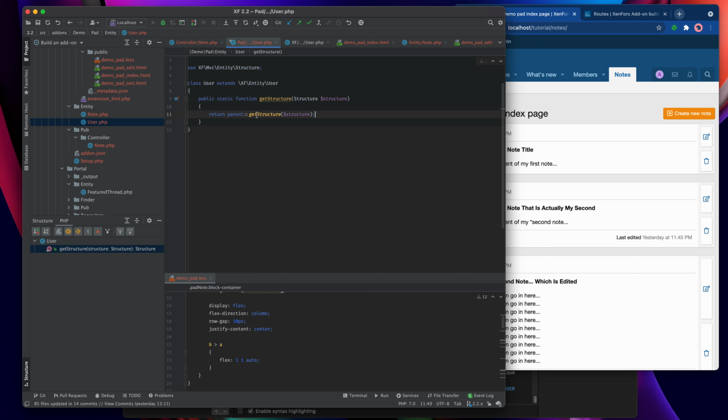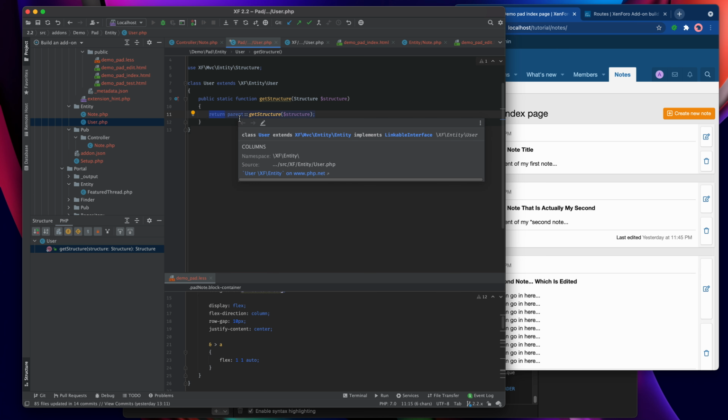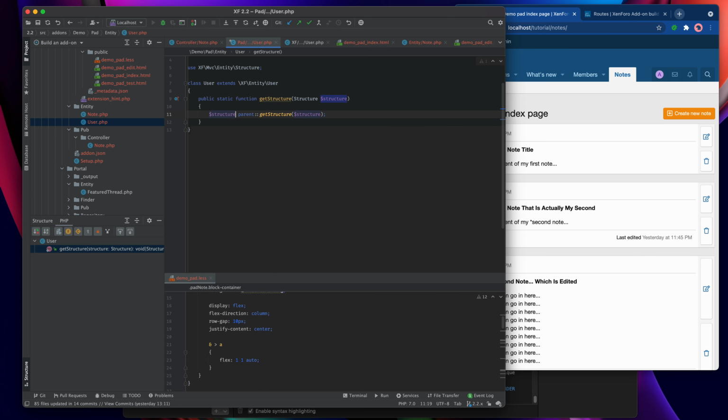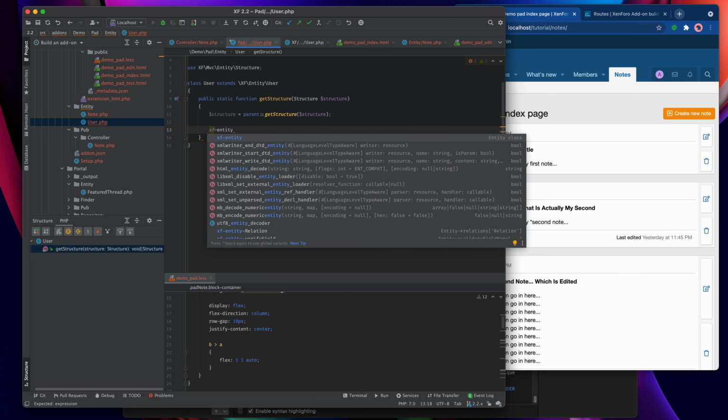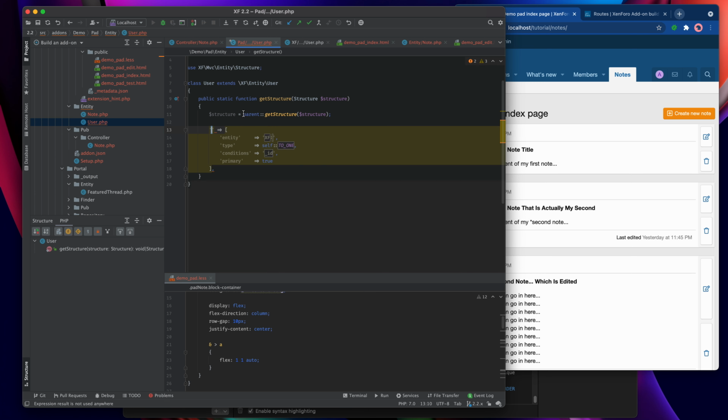Now at this point I don't want to return the parent getStructure. I want to just assign it to a variable, because once I've assigned it to a variable I can work with it before I return it. So what do I actually want to do? Well, I want to get a relation, so I'm going to use my entity relation shortcut here to get the basics, and then I'm going to insert that into a little thing like this.